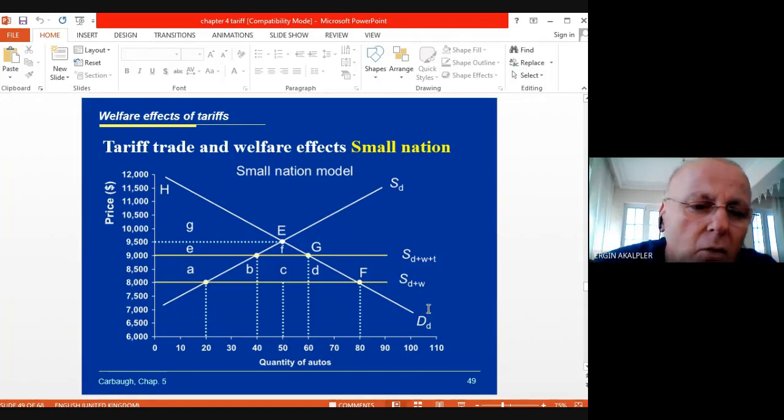consumer welfare from G, E, F to A, B, C, D together, because here we have only G at point E, but after enlarging the free trade without tariff application, we have G plus E, F, A, B, C, D. So it is a considerable welfare increase realized for the consumer, but when we are looking at the producer,